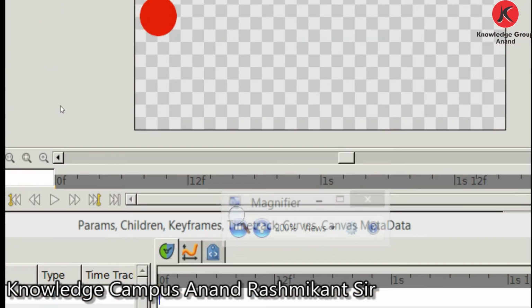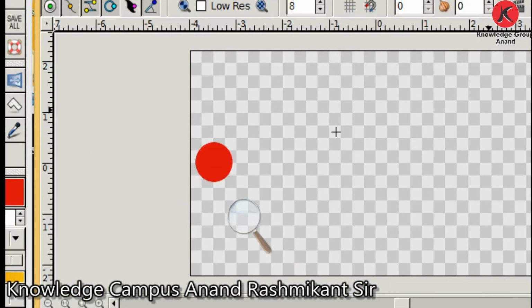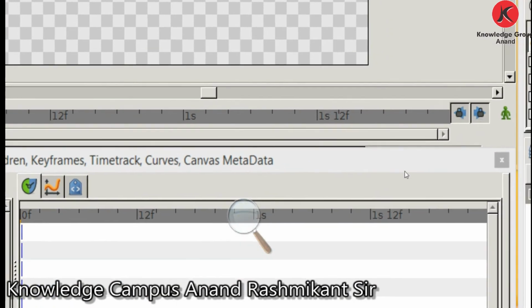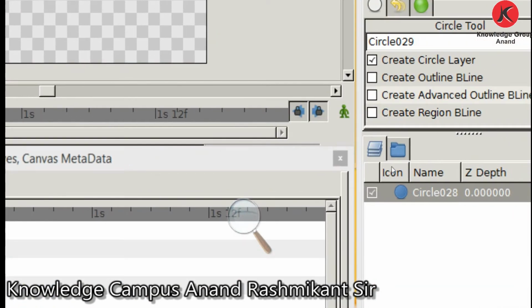So first we will click on the animate editing mode. Here you can see it is the animate editing mode. Remember students, it is an important mode to create an animation.